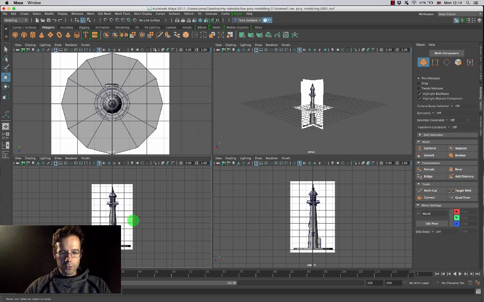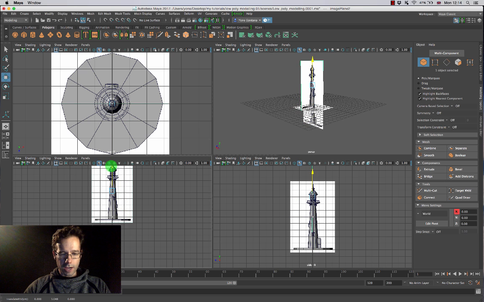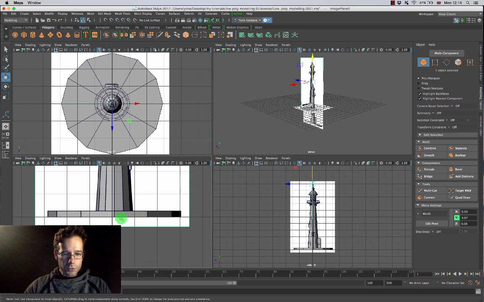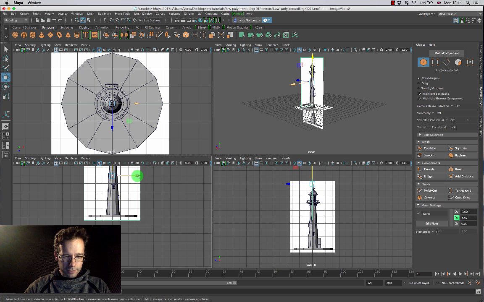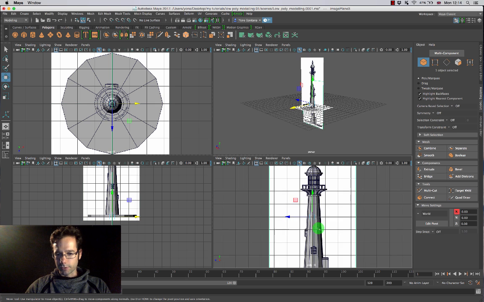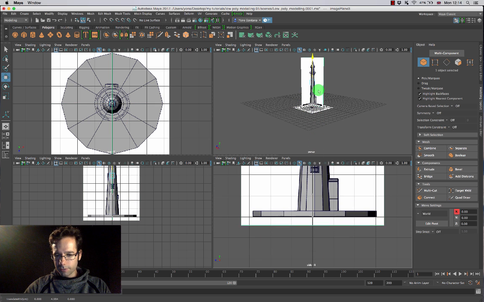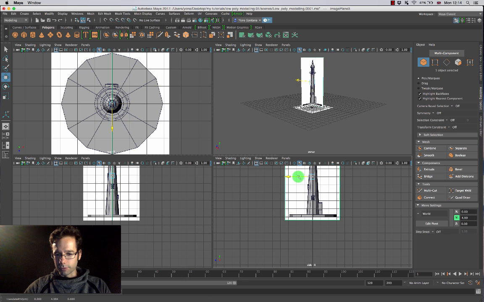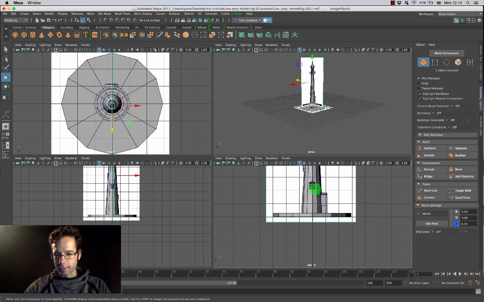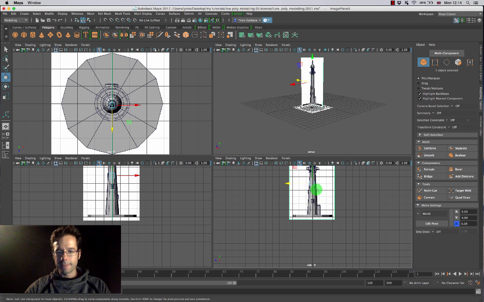So what I'm going to do is come into here, and I'm just going to move this up a little bit. But I'm not going to be too concerned about this one over here. I just want my image to be aligned in the right place, like that. And this one I want to do the same thing. Put the actual base of the lighthouse on the ground, which is that slightly thicker line in the middle of your grid. And I want to move it along until it is in the middle of my scene, just like that. Okay, now